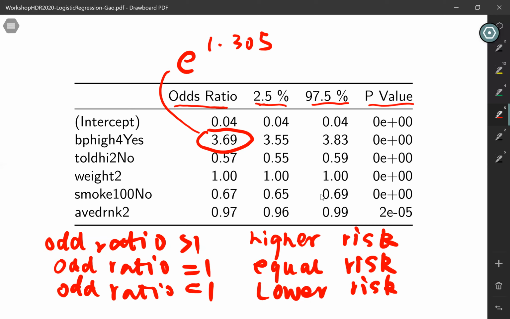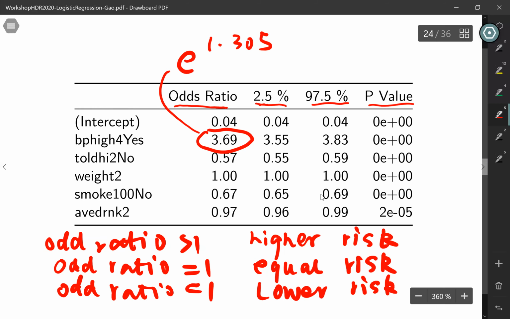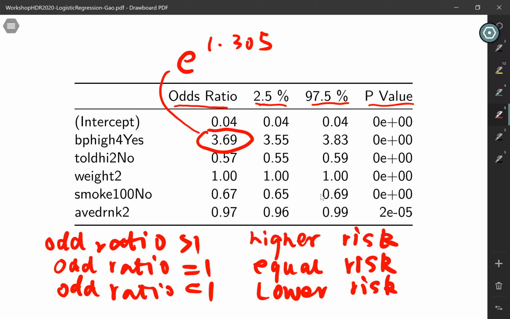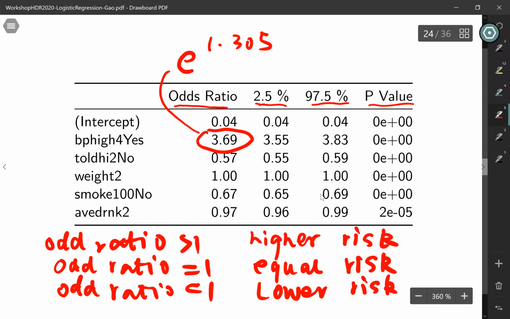But you still didn't explain the exact value 3.69 yet. So how to interpret this? You can interpret this as: people with high blood pressure, the risk of stroke is 3.69 times, or you say the odds ratio, the odds. I shouldn't say risk, because if it's risk, then we have to calculate with another formula. We can say the odds